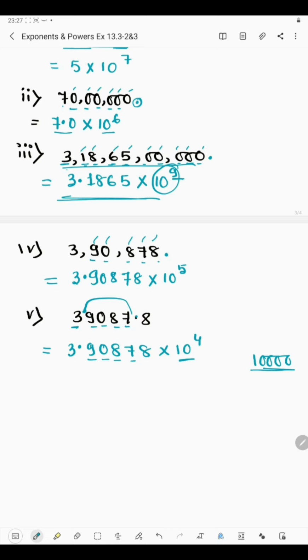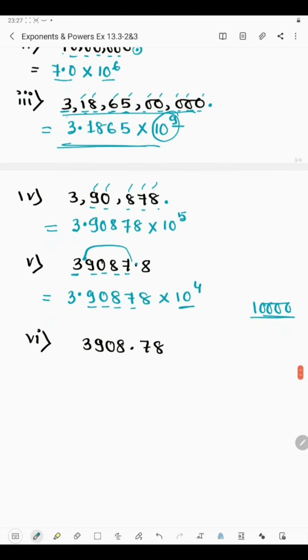Now coming to the last part. In the last part we have 3908.78. So the point will be here, because before the point we will just keep one digit, which is 3 here, and whatever digits are there, since there are no zeros, we'll just keep all the digits as they are, 90878. Now multiplied by 10 to the power